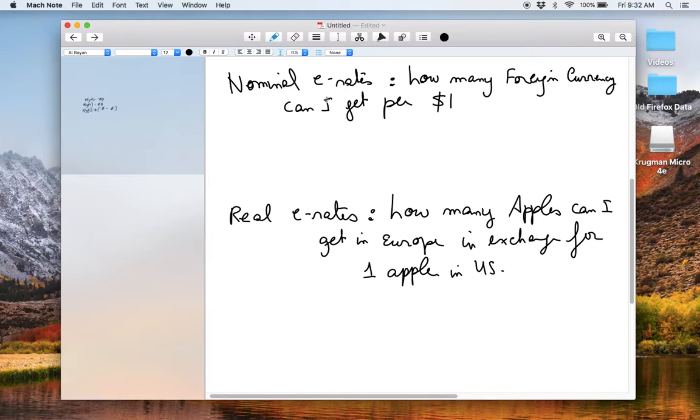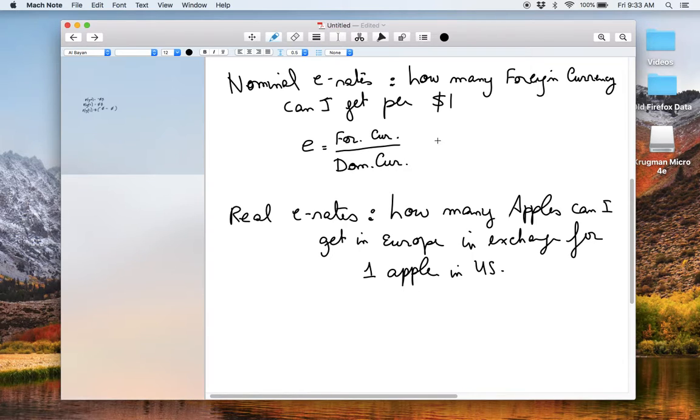So if you are the dollar, then it would be foreign currency per dollar. If you are the euro, it would be foreign currency per euro, okay? If you are in Japan, it would be foreign currency per yen, okay? And so we say that's little e, that's foreign currency per domestic currency,